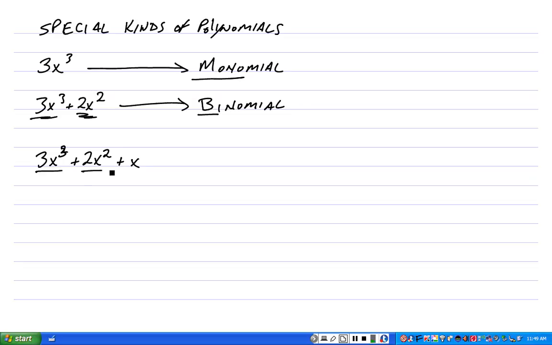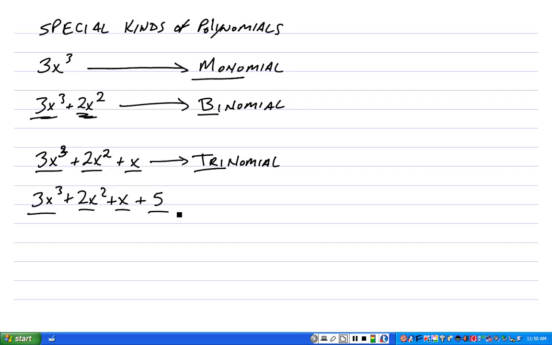Now we're looking at three terms, trinomial. Tri meaning three, tricycle, three tires or three wheels. Okay. And then last but not least, one, two, three, four terms now. And we think four, we think quad, right? Quadrinomial. But no, it's not. It's not quad. That's what most people want to think. But it becomes